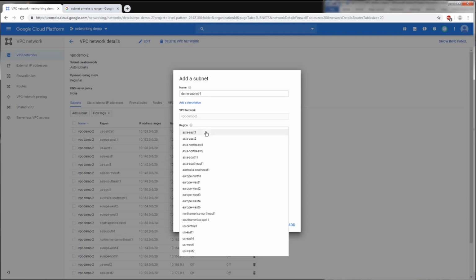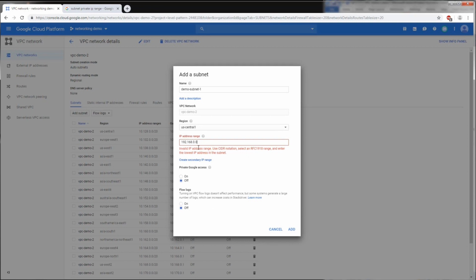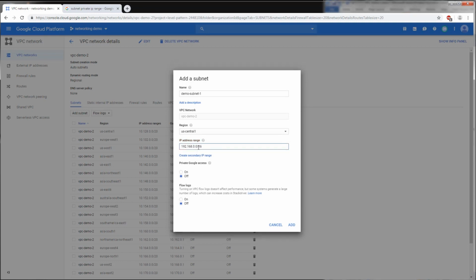And let's select a region, let's say US Central 1, and the IP address range, let's say 192.168.0.0/16. And we can also choose to create a secondary IP range if we want to, and we can also allow the Google API access or not. And finally, we can choose to turn on the flow logs. Click add,